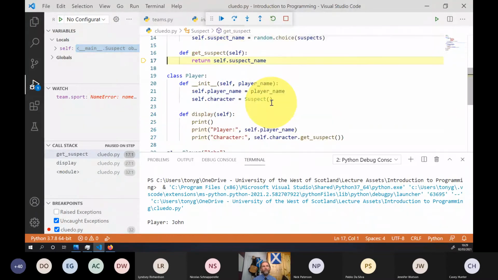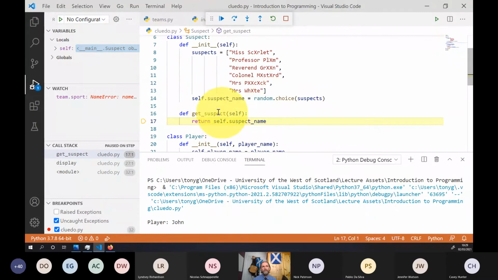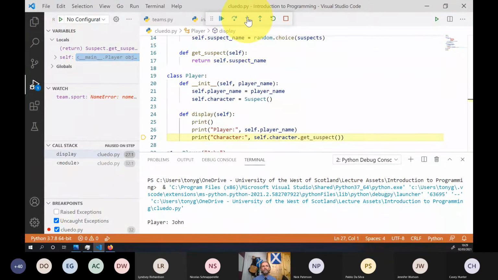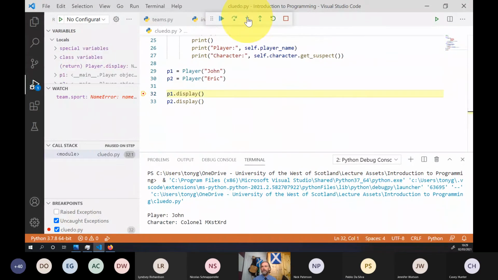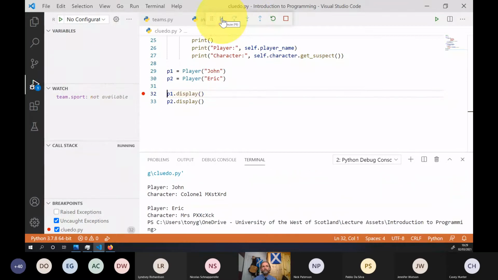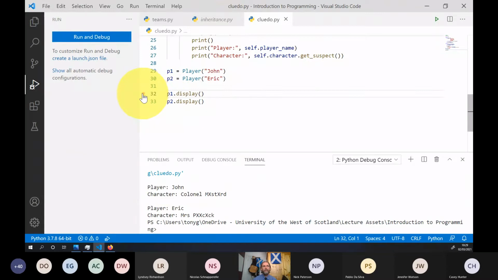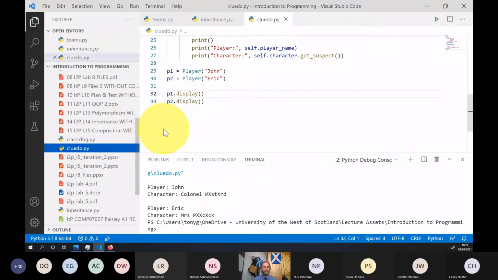So it jumps up to the suspect class to return the suspect name and prints the suspect. Everyone happy with that? Any questions? Just absorbing it at the moment.